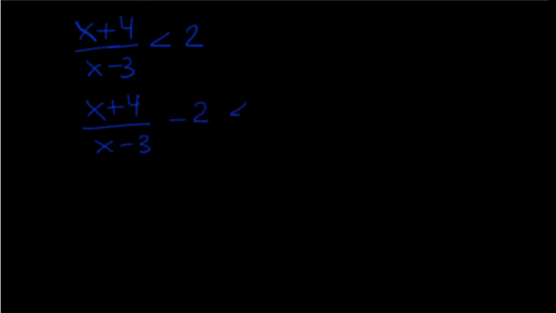Let us start with the example (x + 4)/(x - 3) < 2. The way we're going to solve this problem is by bringing the 2 over to the left side, and then we want to get a common denominator. So we're going to multiply the 2 by (x - 3)/(x - 3). So the (x + 4)/(x - 3)